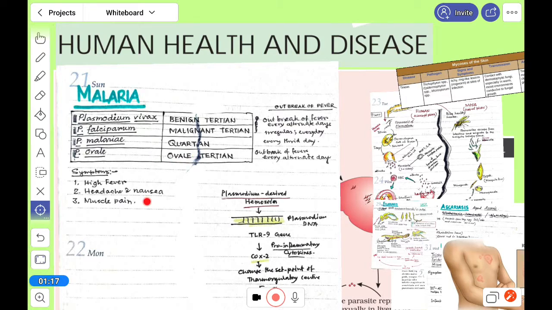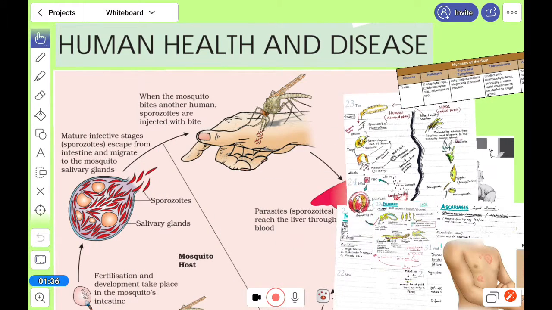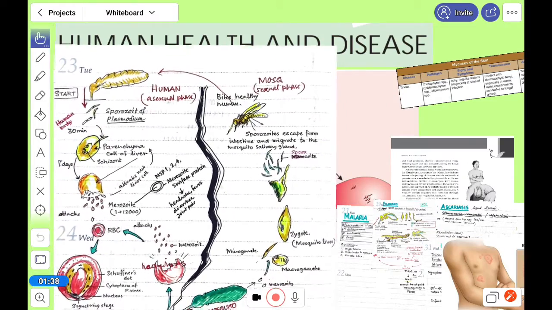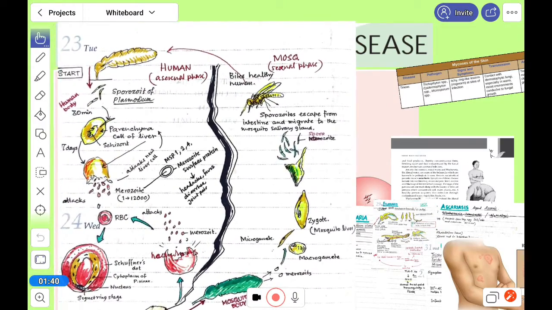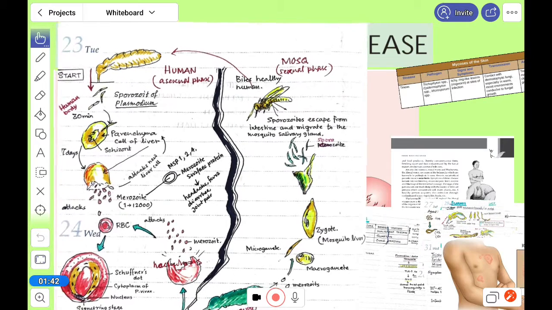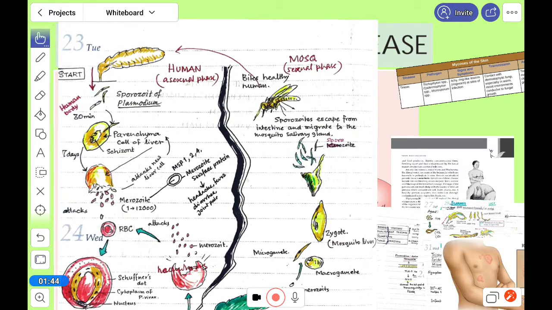Malariae and ovale are very rare in our country. Symptoms are high fever, headache, nausea. We have to see the life cycle so you can understand it, it is there in your book. So, we can discuss it. Okay, so here it is. If we can start from here,